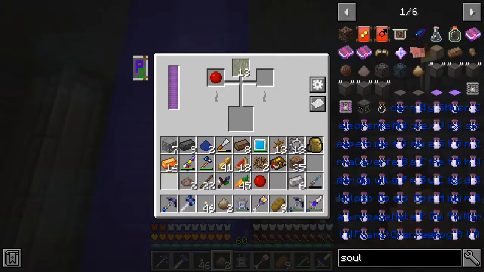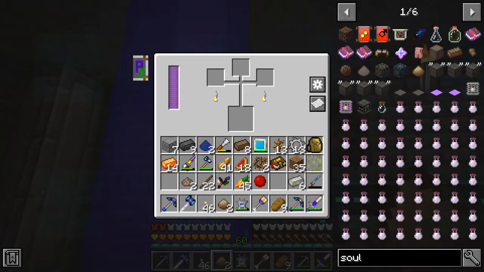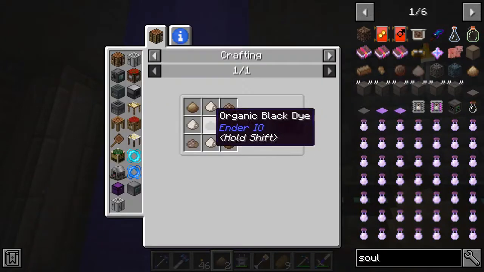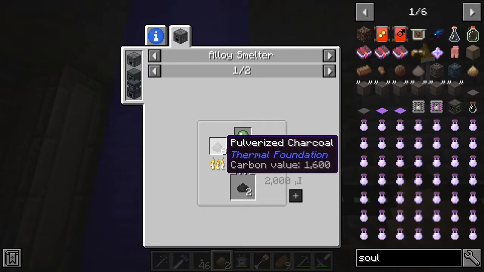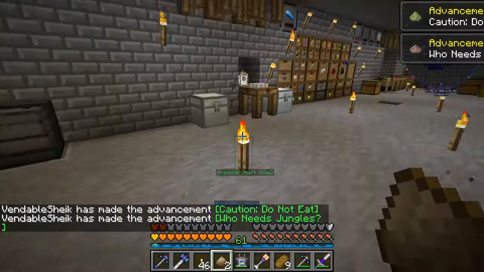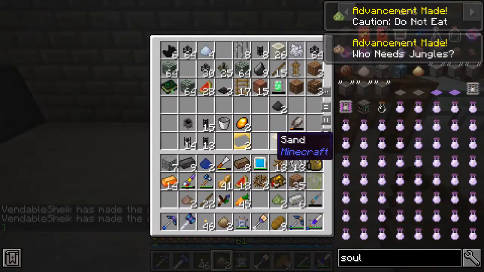But we also need some blood for this, because we're going to use this dye blend that we're getting here in order to upgrade our alloy smelter and our sag mill. And then last but not least, we need the organic black dye, which is from pulverized coal or charcoal and a slime ball. So there's that, and then we need our pulverized...